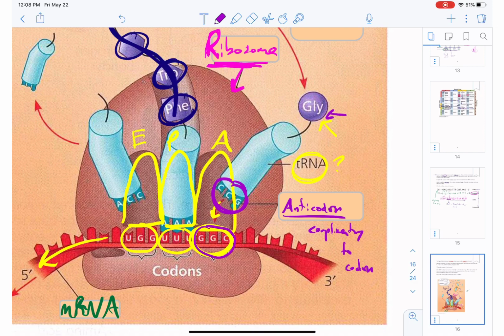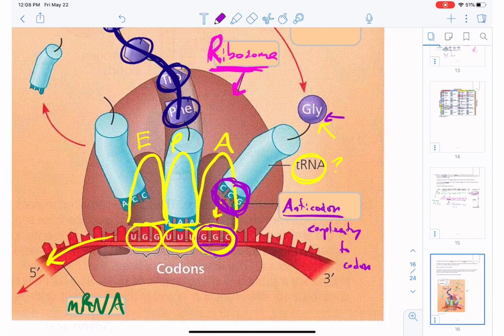So the codon that's being read is GGC. Which tRNA is going to bind? The tRNA that has a complementary anticodon. And what's complementary to GGC? CCG. And so that tRNA